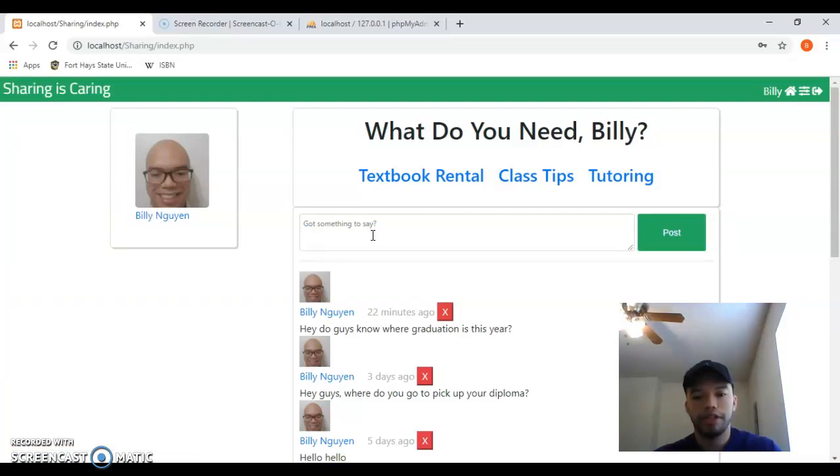The main thing about this page, guys, is the portal, let's call it a portal, where you choose where you want to go, and the feed. With the portal, it asks you, what do you need, Billy? And if you were someone else, the PHP would dynamically load up whatever your name was when you created your username. You can choose from the options: textbook rentals, class tips, or tutoring. So let's say you wanted